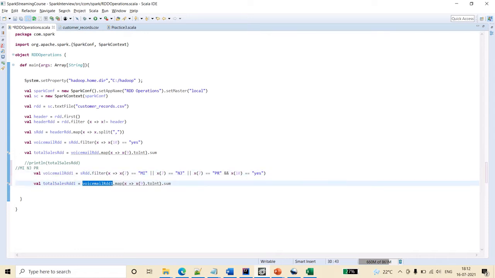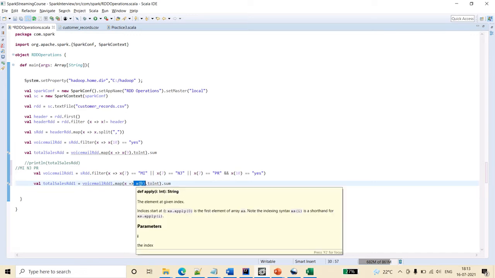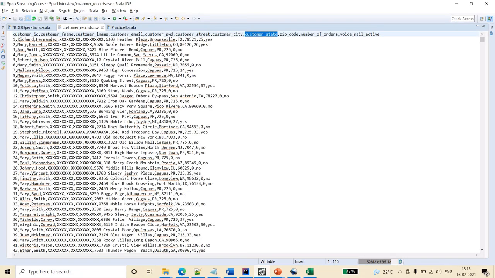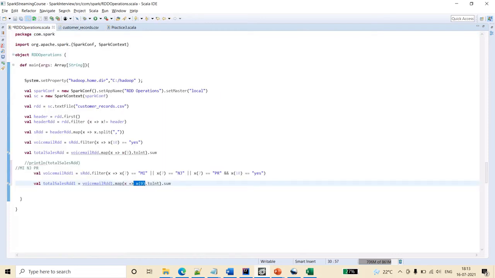This one we will use here because this is what has the filtered data set. On top of it we are saying get the total sales. Sales is there in x of 9, the 10th column here, which is number of orders, that is the sales. So because of that we are taking that in the map. x of 9 is the sales, and get the sum. Dot sum will add up the values.